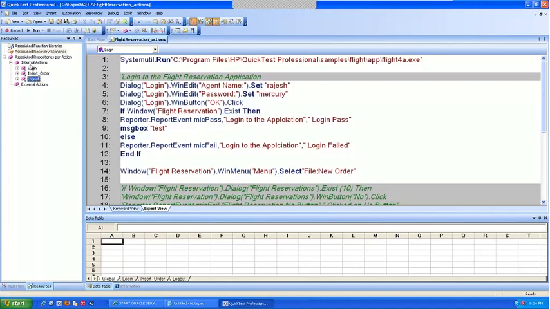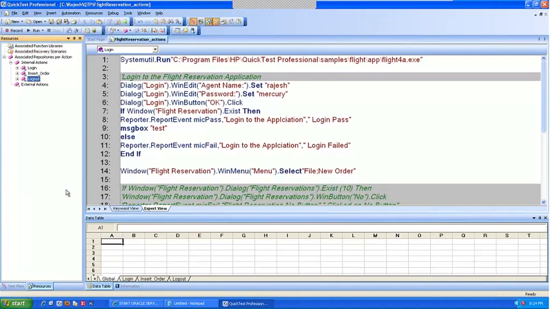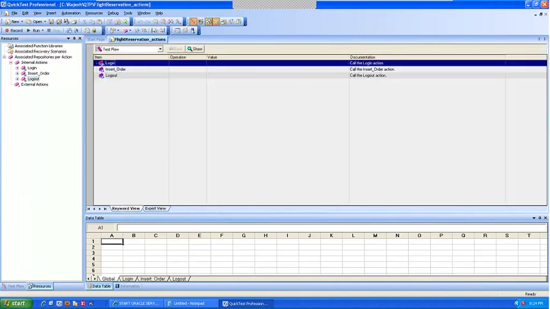Have you ever thought why it runs only once? The reason is, go to keyword view. Change this to test flow.